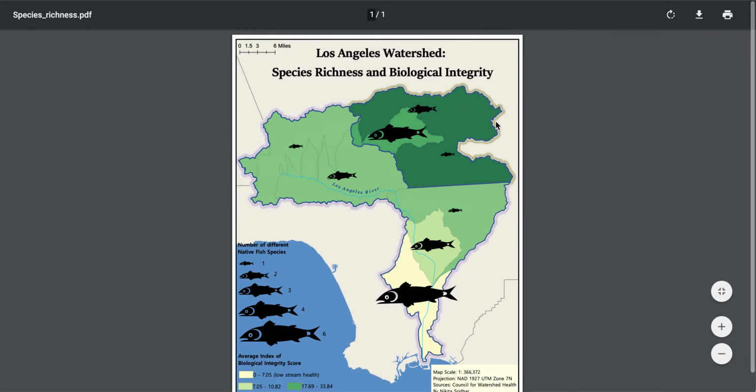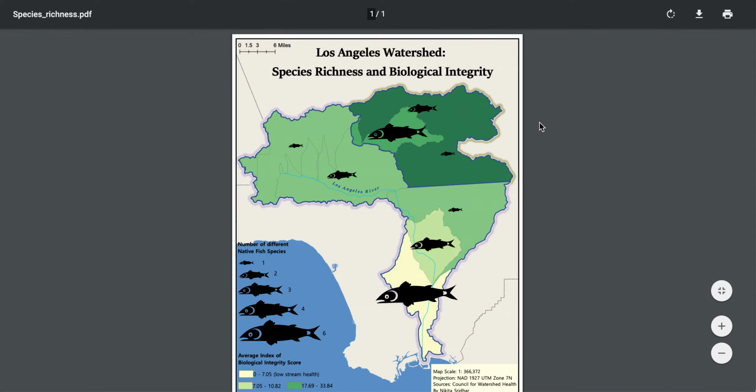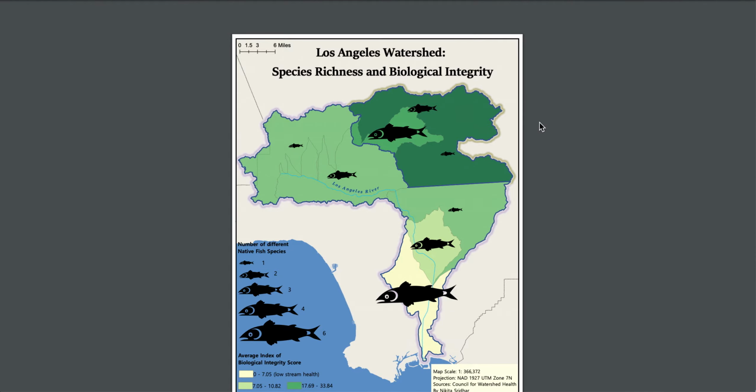The third map that I made is a map of the species richness of native fish species and also the biological integrity. I found the average of the index of biological integrity scores for the different regions that were used to collect data of species richness for native fish species to easily compare across zones. I used a graduated symbol map to show the difference in native fish species